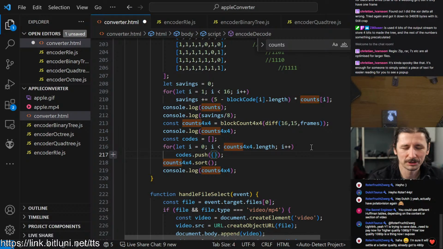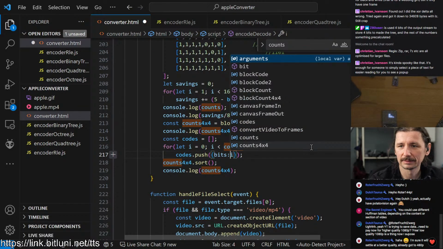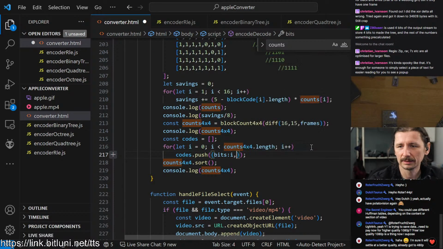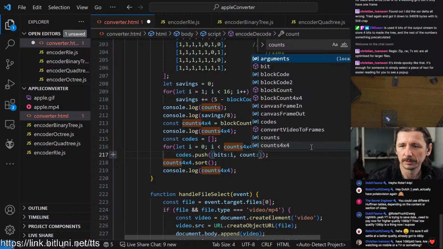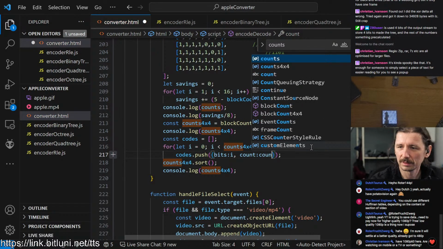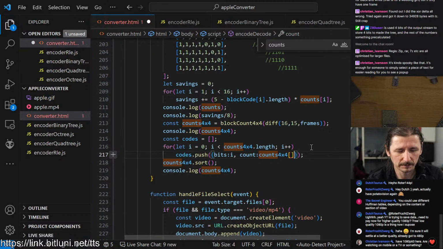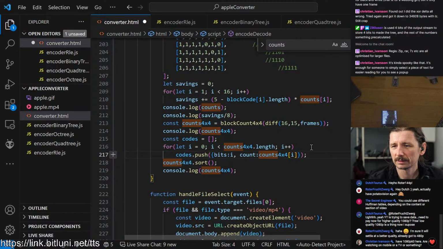Codes we push I, which will be bits is I, and then we have count, which will be counts for I. Here we go, push, and now we will sort codes,